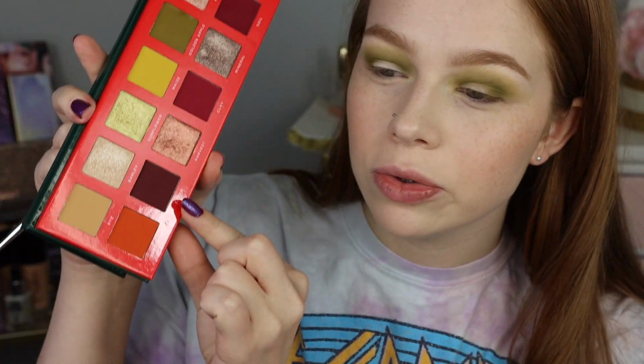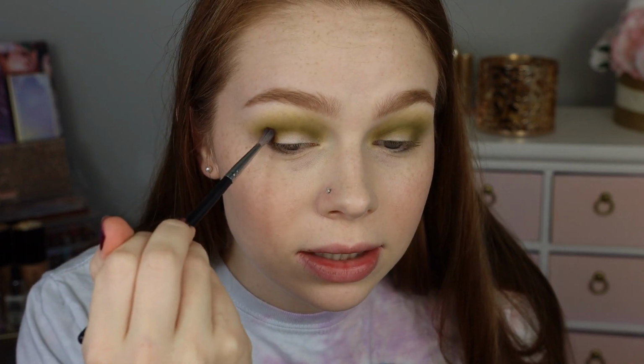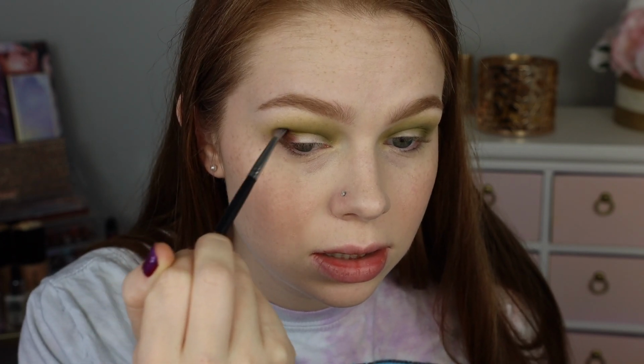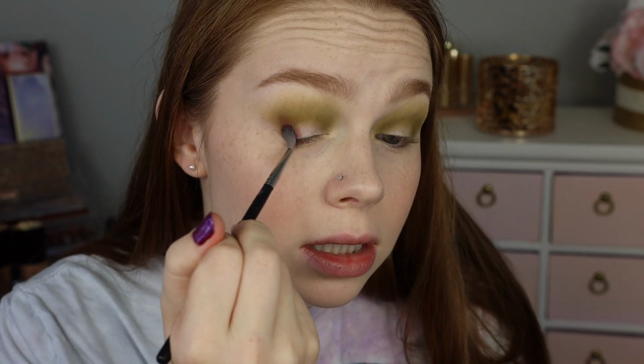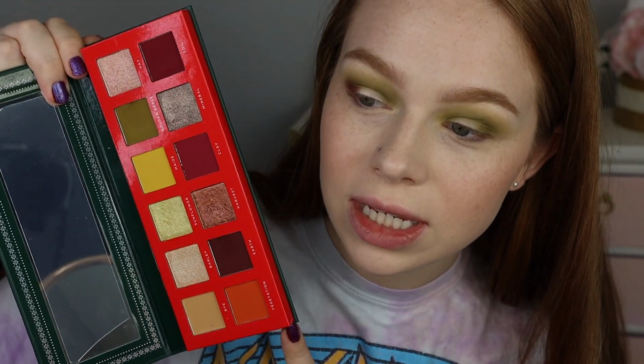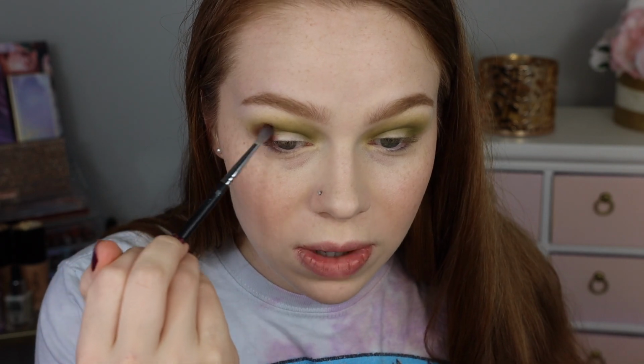Next, I'm going to go into the most neutral brown, this shade right here called Earth. It's still pretty warm, but we're just going to try it on the outer V and see how it goes. It might get a little muddy. Just kind of blend it in a little bit. Yeah, it's obviously turning brown. I do really love the way that this color story looks all together, but I wish that